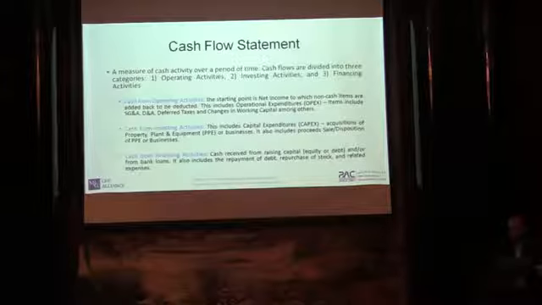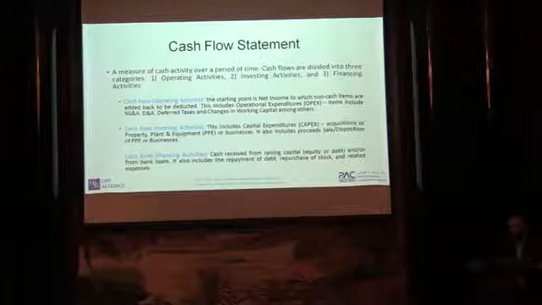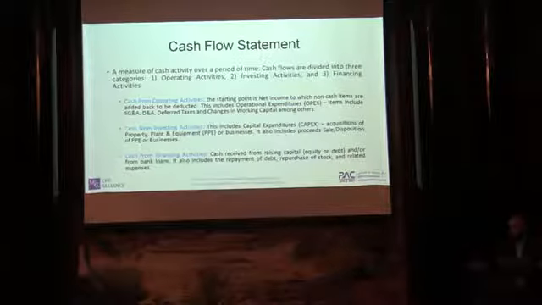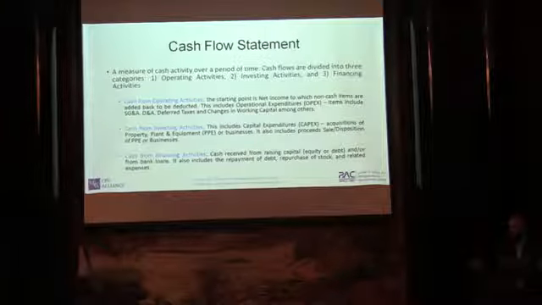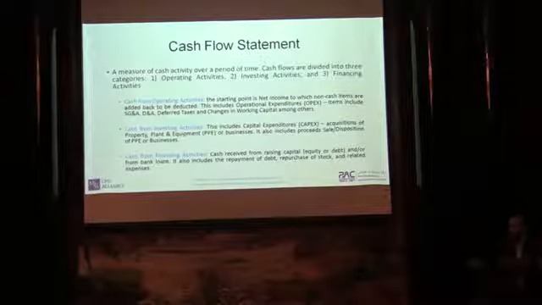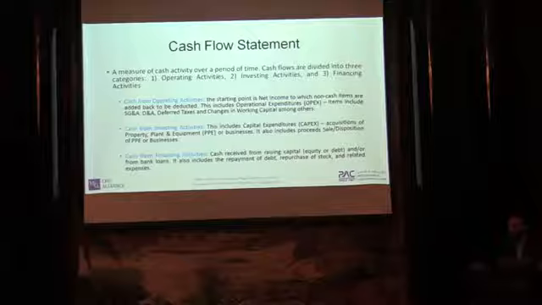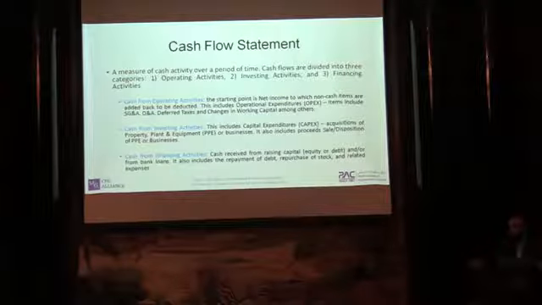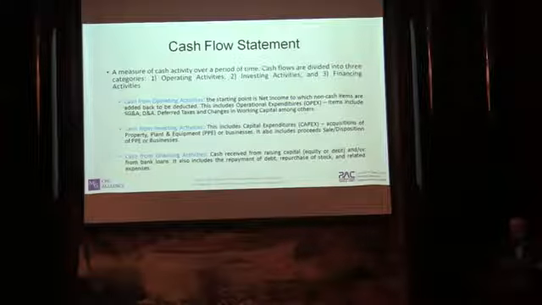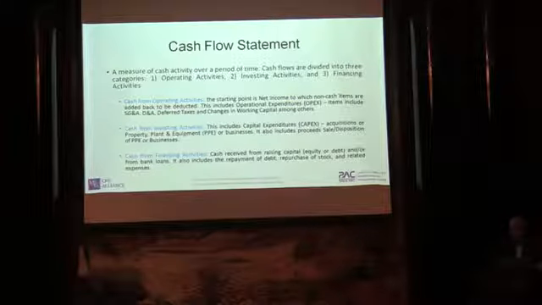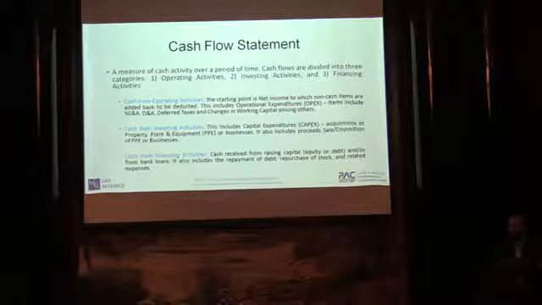Once we are done with the income statement, then we start building the cash flow statement. The cash flow statement basically is the actual cash flowing in and out of the company, rather than just the revenue recorded, which could also contain some non-realized items. So the cash flow will actually give us the value of cash coming in and out of the company. This will be helpful for us when we are especially working on valuation. The valuation bit takes cash flow as one of the major perspectives of the company. In the cash flow statement, we'll be talking about three major categories: cash from operating activities, from investing, and from financing activities.